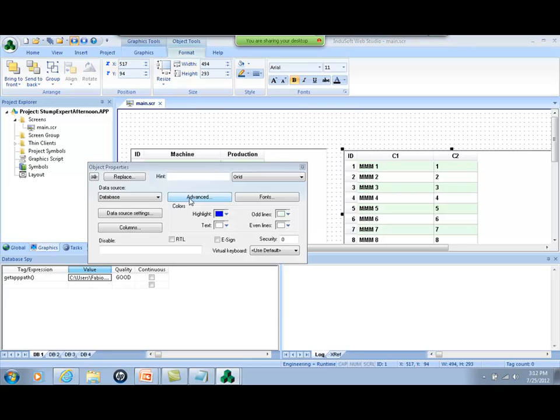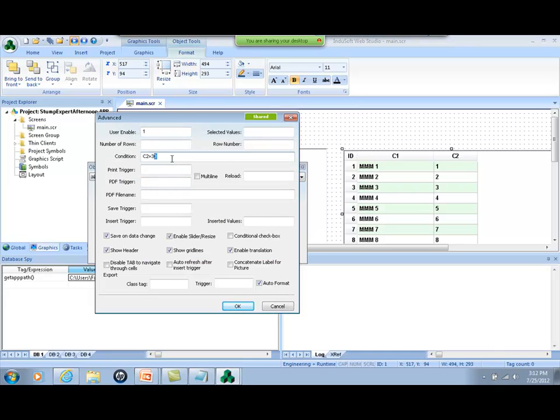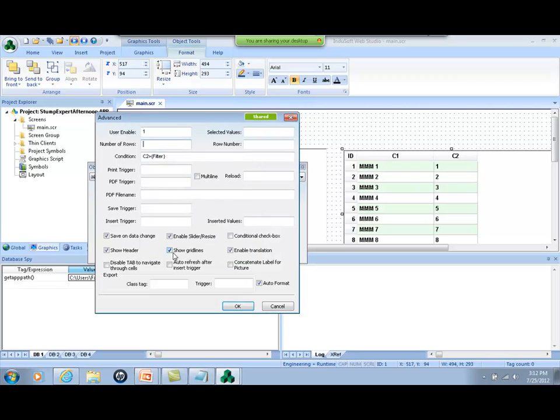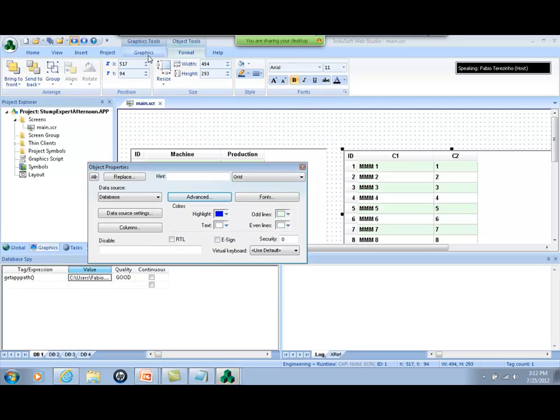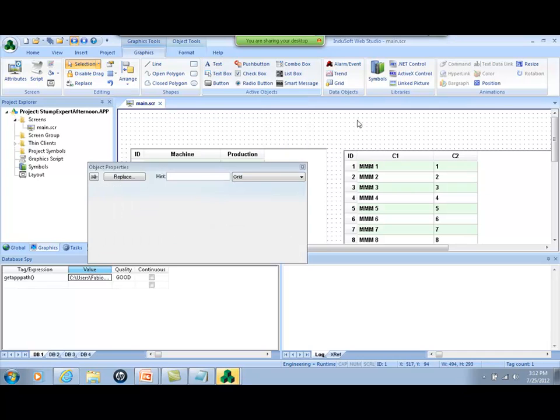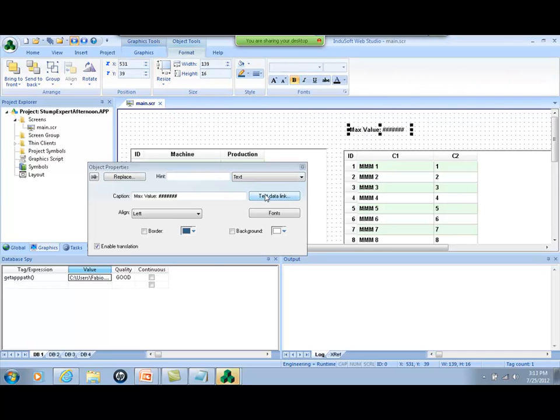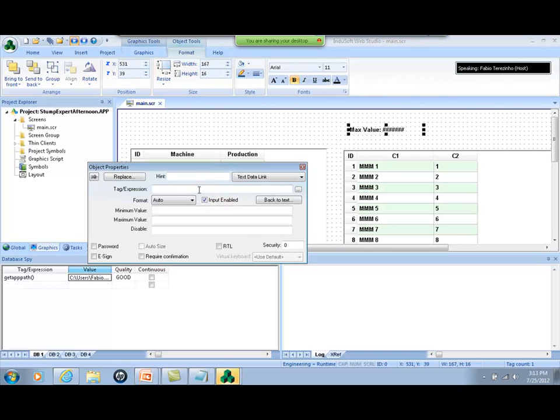So IndoSoft allows you to use tags or expressions here between curly braces and change the filter condition on the fly. For instance, I'm going to create a tag here called filter between curly braces. Let's create this tag filter. And here on the screen, just to make something quick, so I'm gonna write here max value, and I will allow the user to input a value to the tag filter here